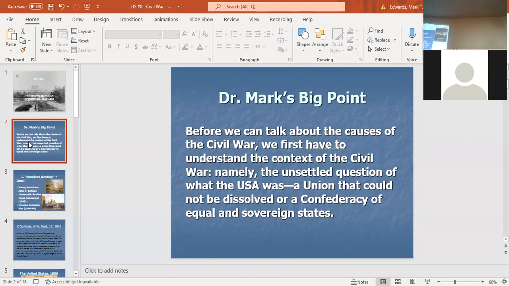Or are we a confederacy? This is the preferred term of Hamilton's great rival, Thomas Jefferson. Are we a confederacy, a union of equal and sovereign states that could be dissolved? And many of you noted in your weekly readings of the Clay, many of you were surprised at just how